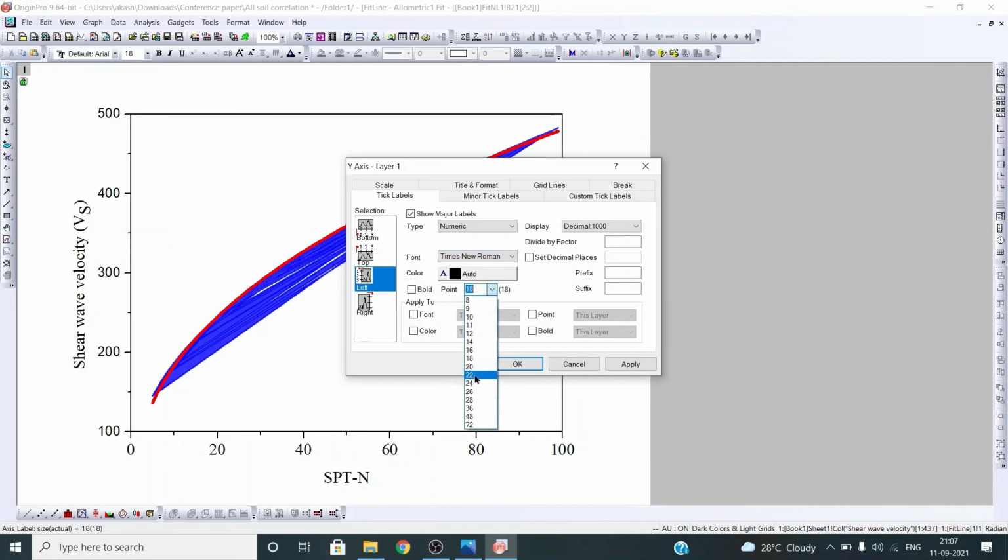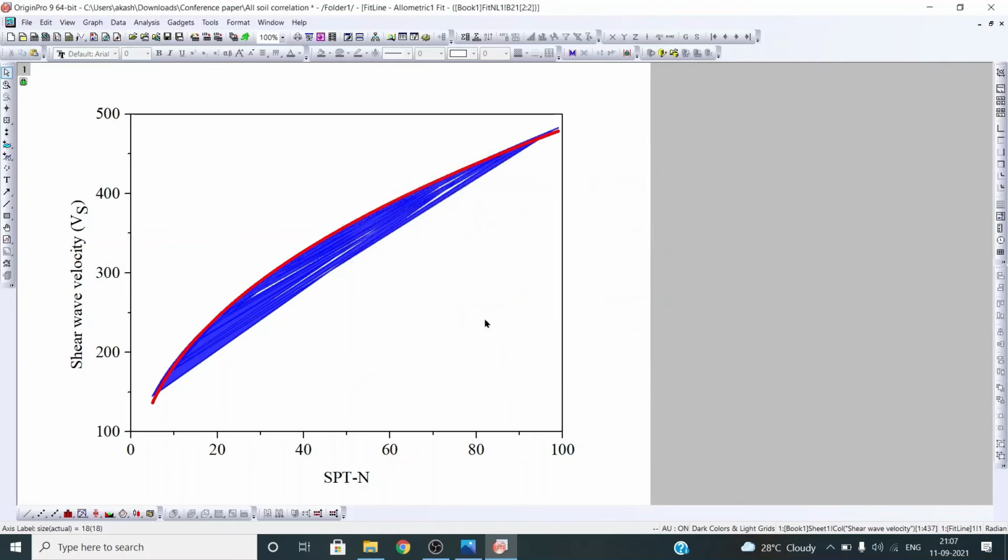Times New Roman 22. So whatever correlation you have got, you write here also, by using this text tool. When you click here, you can write it and place it as per your convenience like this. So by using this method you can plot a nonlinear regression analysis by using the power method,